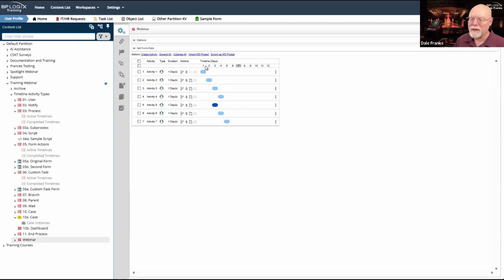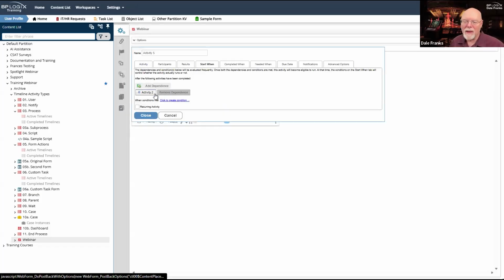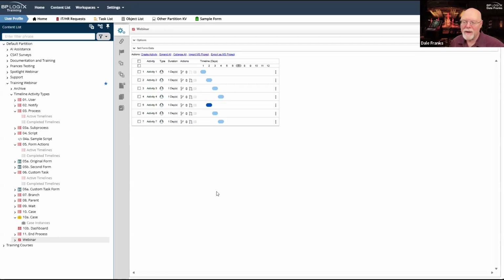So what's going to happen is activity 1 and activity 2 are going to complete. Actually, I want to make this dependent on activity 1 so that I have 2 separate branches. So there we go. Activity 1 completes. And now activity 2 and activity 3 are now running in parallel. So both of these activities are happening at the same time. So activities 2, 3, and 4, and activities 5, 6, and 7 are both going to happen at the same time.